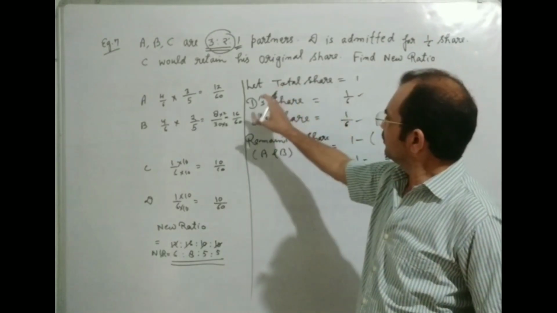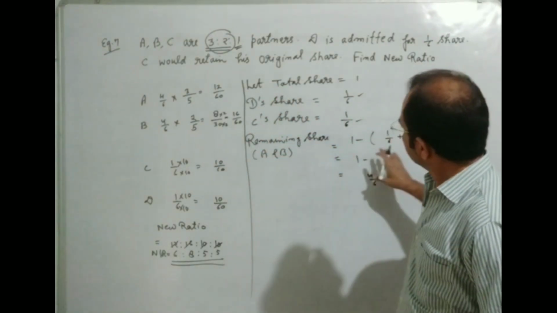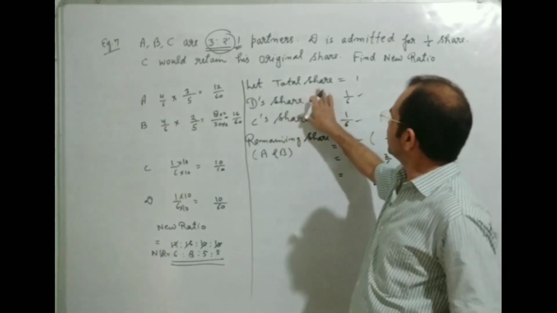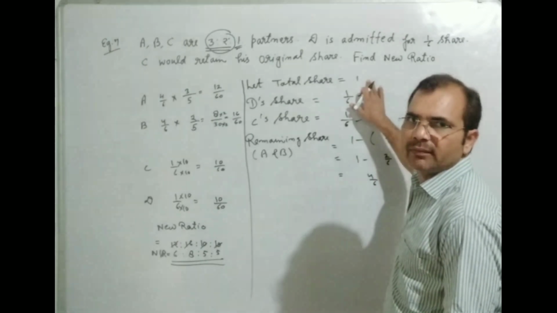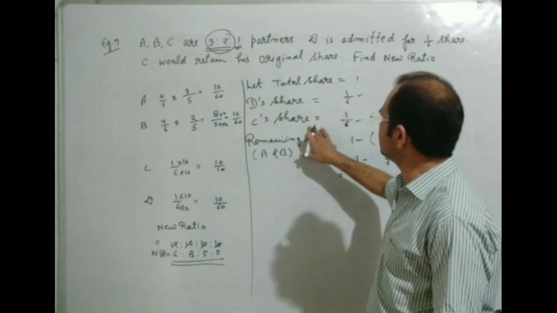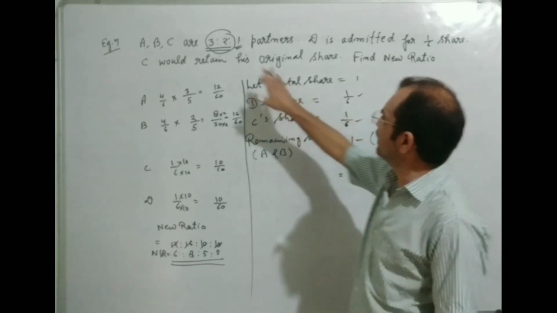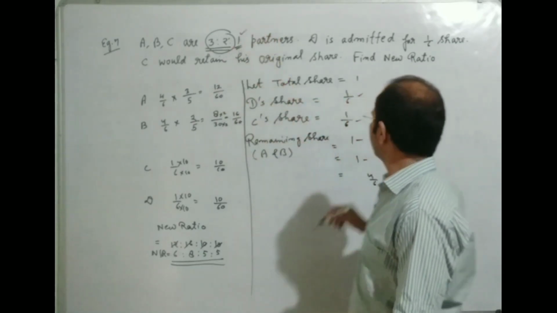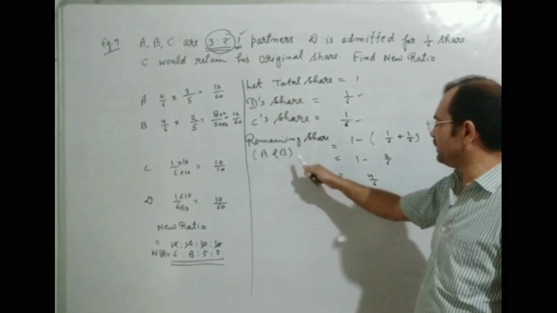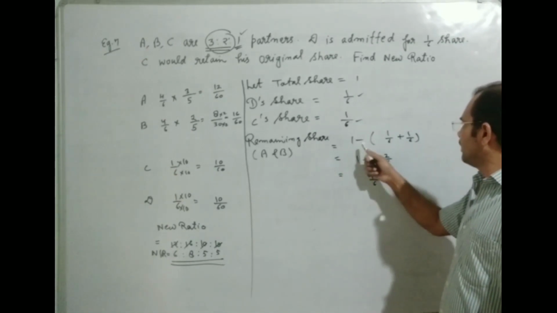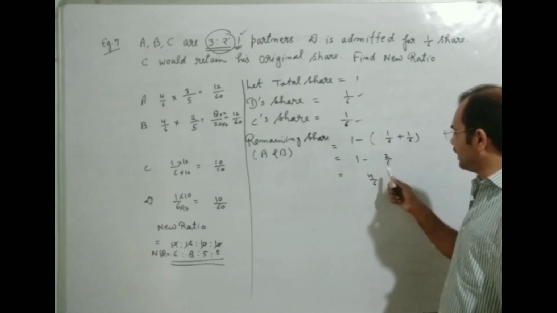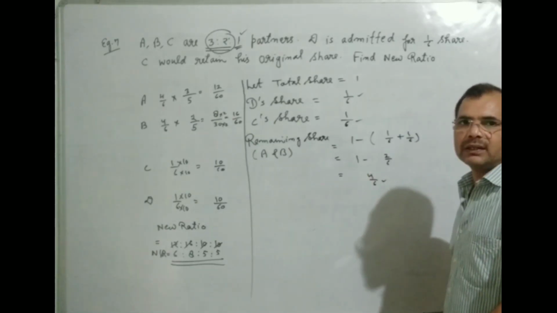Now we can understand this question again. Let the total share of the firm be 1. D's share is given in your question. C's share will remain the same as given in the question, 1/6. After that, we will find A's share and B's share: we add both the parts and deduct them from 1. In this way we will find 4/6.